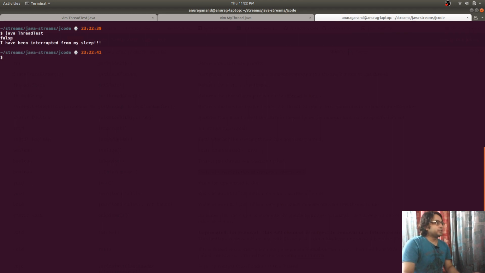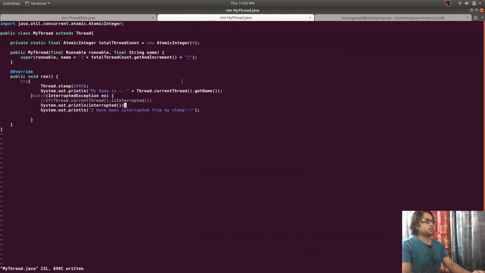So you can see the interrupt value is coming as false. I think after the exception was caught, the interrupt status was cleared. This can be the only reason.